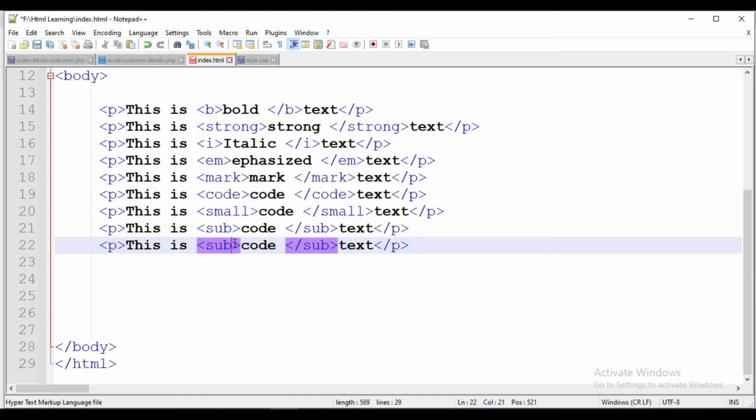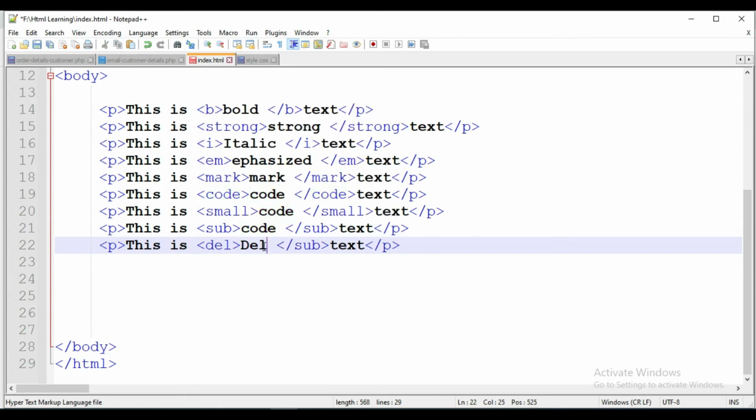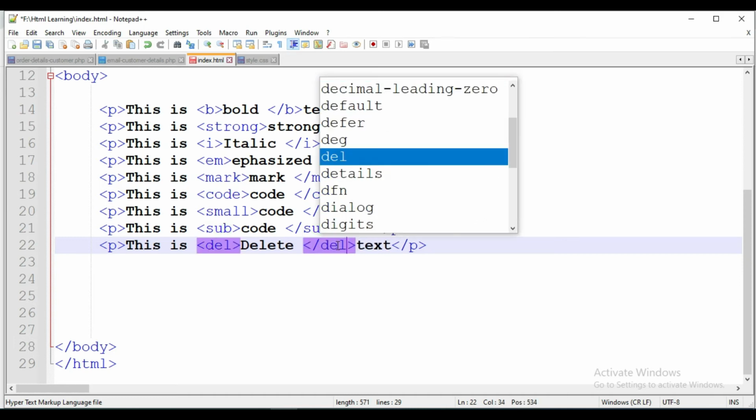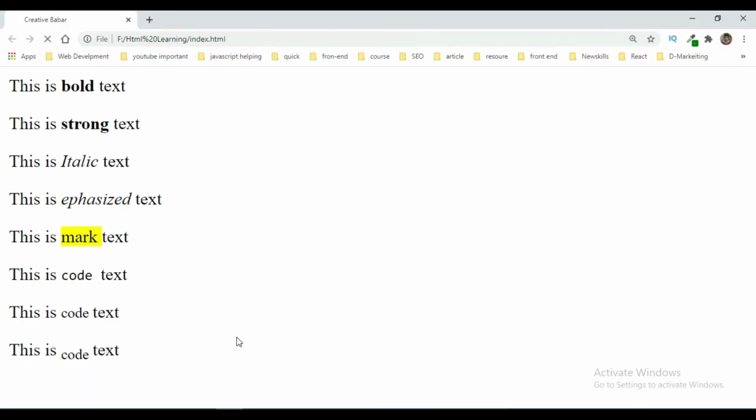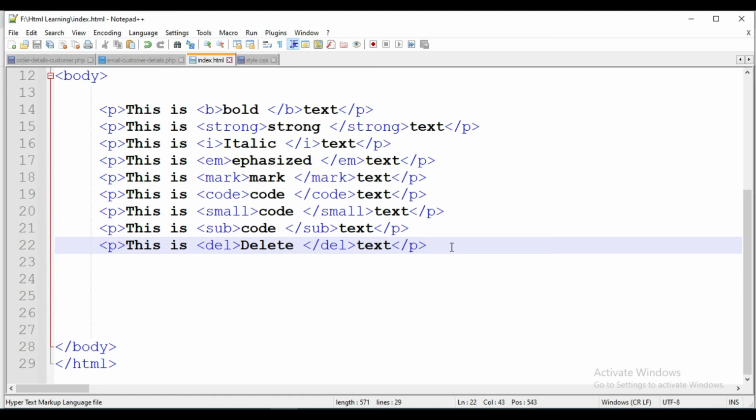Next one we have the delete tag. The delete tag is written as DEL. The delete tag automatically puts a bar through the text. The last one is inserted text.